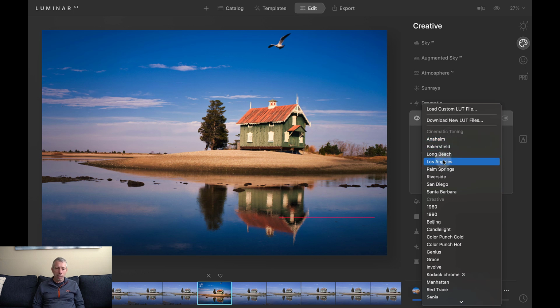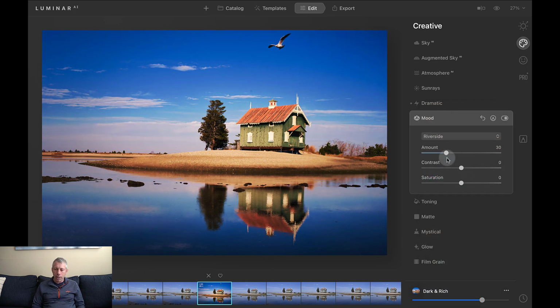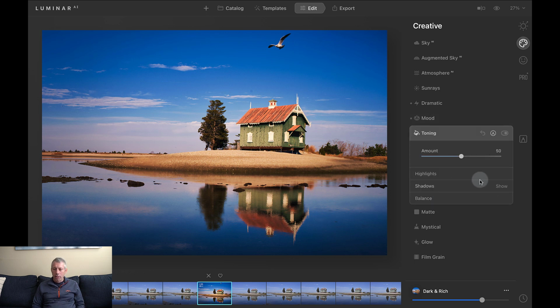Now, we've already applied a template to this, so I'm not too sure how necessary this is, but you can just go through these, and something like Riverside actually looks kind of nice. So maybe I'll apply that, and I'm just going to dial it back a little bit because it's a little bit too strong for me, but maybe right around there, and that looks nice. And you see how many choices you have there for the color lookup tables, and that's really fantastic. I like that. Toning, so we can